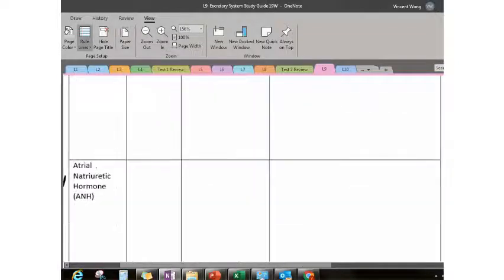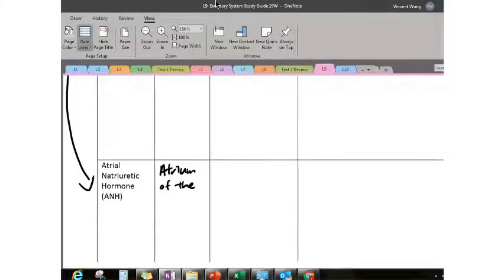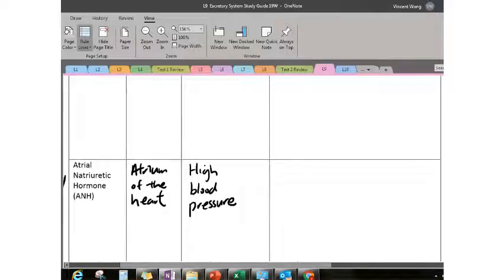Okay, so this ANH, this atrial natriuretic hormone, the location of secretion would be the atrium of the heart. And the trigger for releasing ANH would be high blood pressure. The effects would be several. So number one, it will inhibit the release of renin,